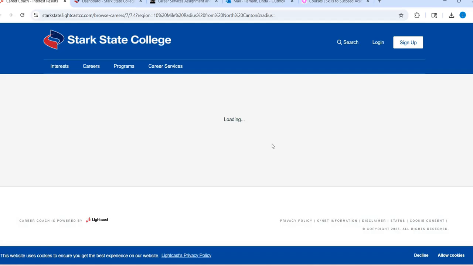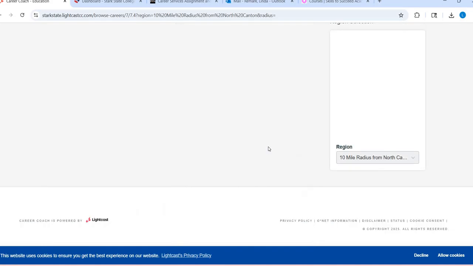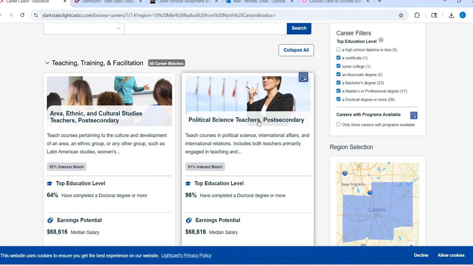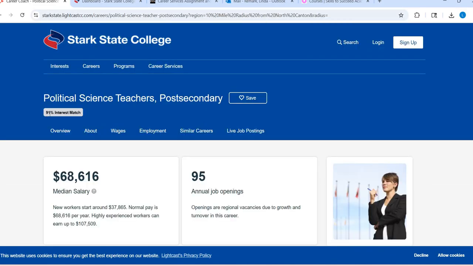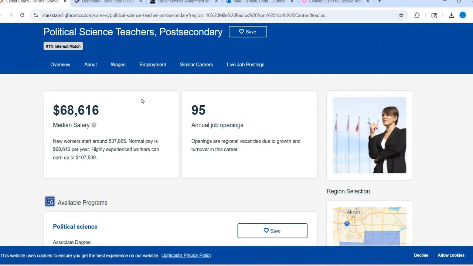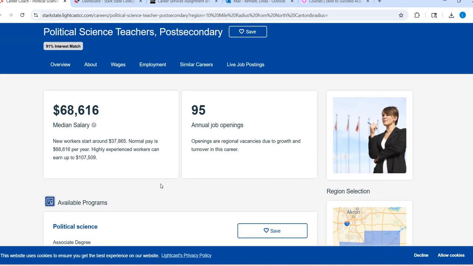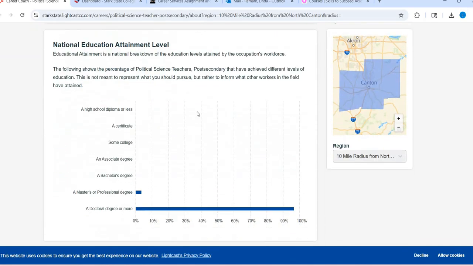It's going to give you a list of potential matches, and then you can find which ones fit best with you. Let's say I wanted to do this, like education was a match, maybe I want to look into this. When I click in there, it's going to tell me what percent match that was overall, and it's going to give me lots of good information about this field. And it's going to give me a connected program if Stark State has a program that connects to that specific major. And I can click on the About, which is going to give me just general information about the